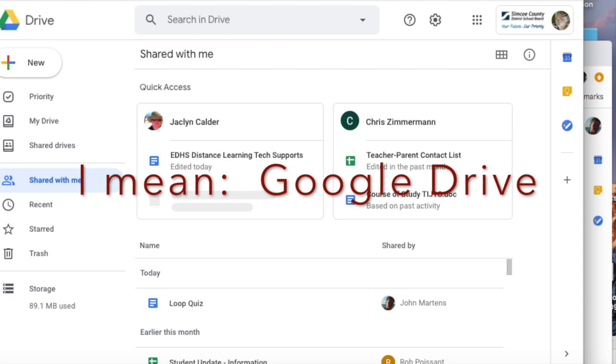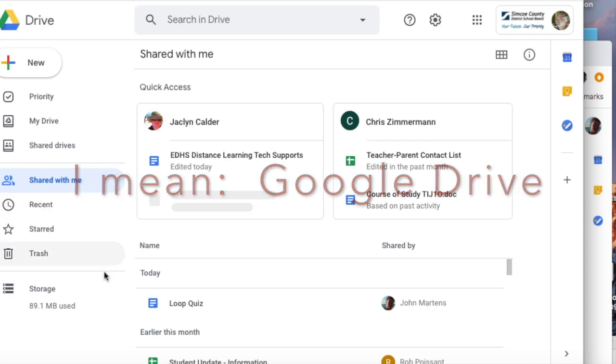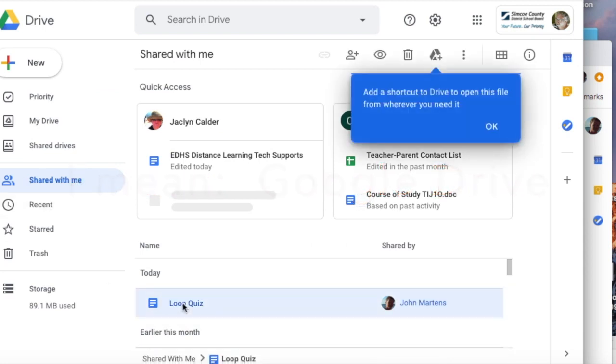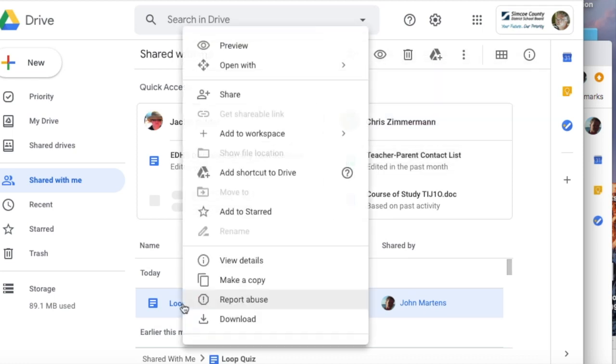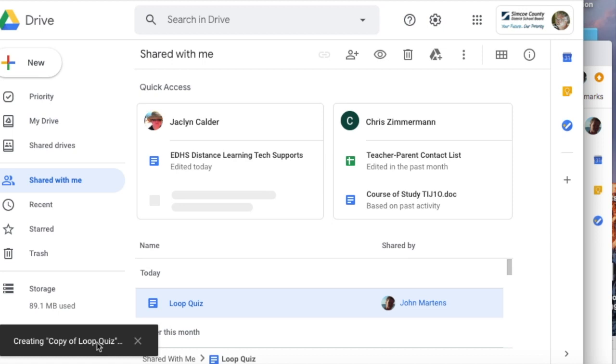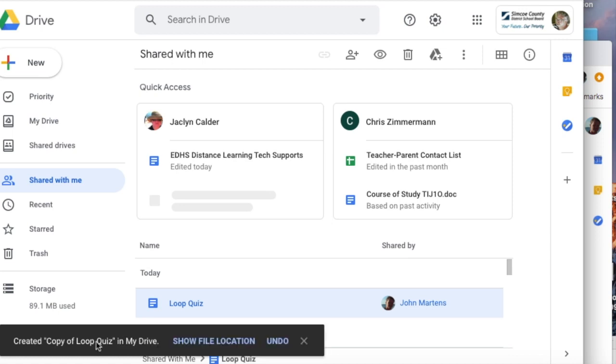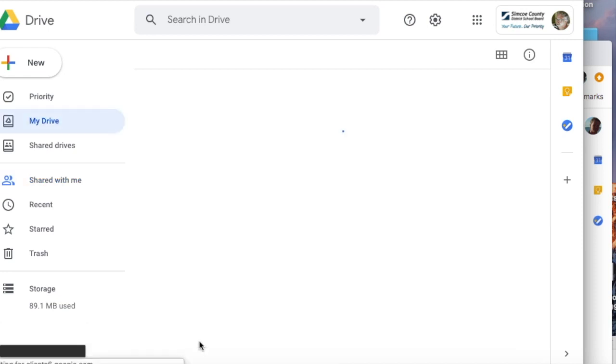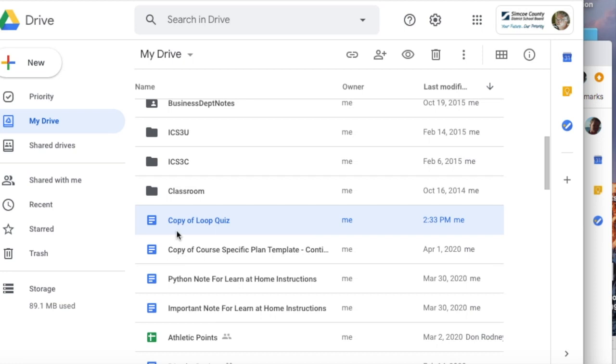So here I am in my school Dropbox, and if you go to Shared with Me, you'll see your loop quiz down here. All right, so I'm just going to right click and make a copy of this, and now it's creating a copy of the loop quiz. We've done this a lot of times before, but I just wanted to make sure with this quiz that we got it right. So it's made it, so I'm going to show the file location,